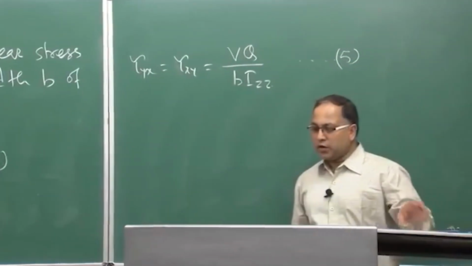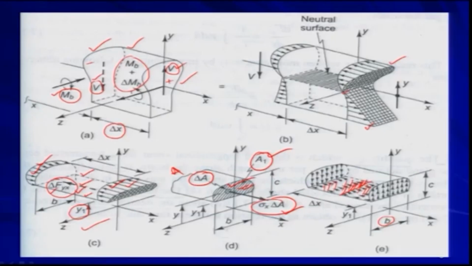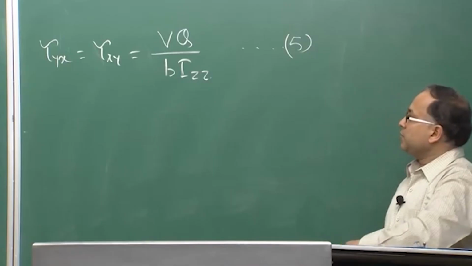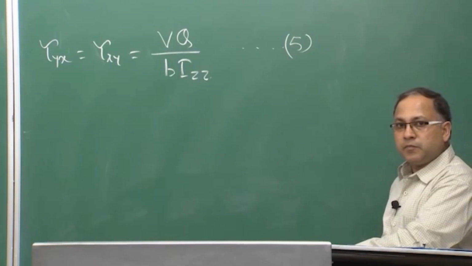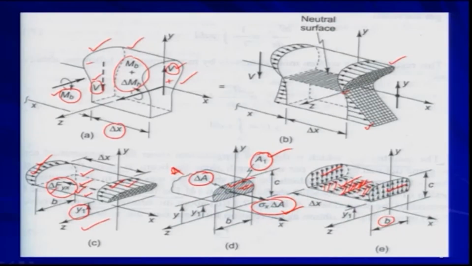Okay. So, now you can see the distribution of tau yx on this plane. So, this is your tau yx, this is your tau xy, both are the same and both are equal to Vq by Bizz. Now, if you look at this expression, what we can write, basically,